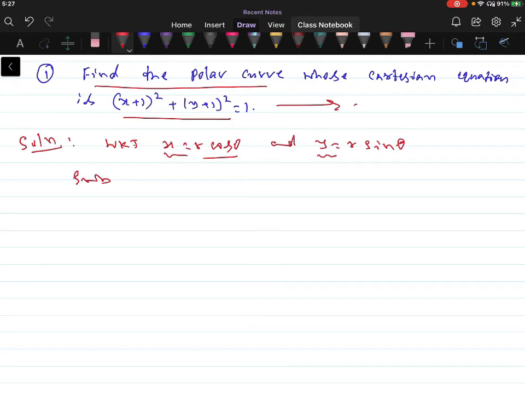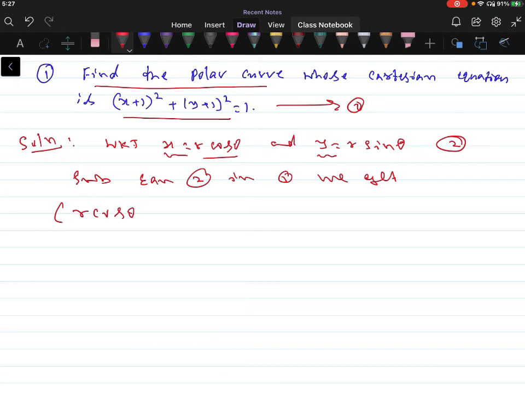Let us take the given equation as equation 1 and these relations as equation 2. Substituting equation 2 in equation 1, wherever x appears we substitute r cos θ, and wherever y appears we substitute r sin θ. We get